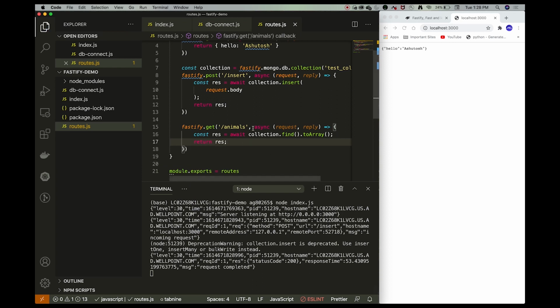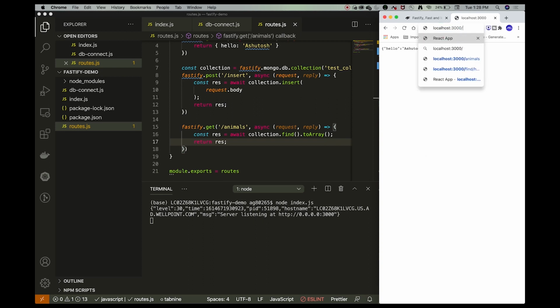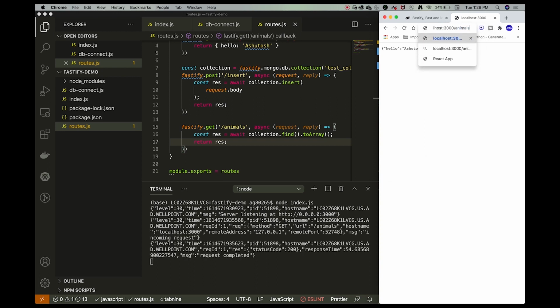After defining this get route, restart the server, and this time we are going to access animals from our route, and just hit enter, and you can see that we are able to access the data from the collection. So we have inserted one document in our MongoDB collection, that is name horse, type domestic, and place village.